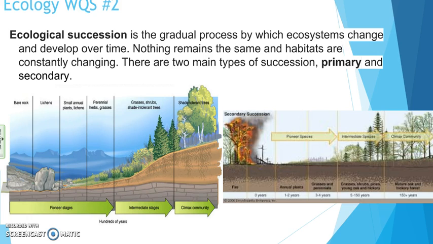If you look at these two images right here, the one on the left is what you would call primary. It started from rocks, and then it went on to trees and forests. We're going to discuss more about this in a little bit. And then on the right, you have secondary. You had a forest fire, it burned down to the ground, and then you had it growing back. We're going to discuss this in a second.